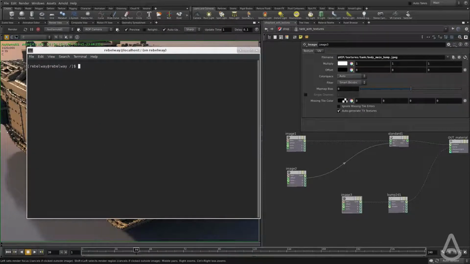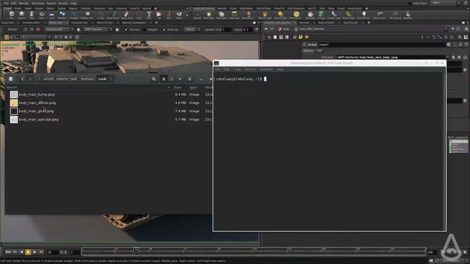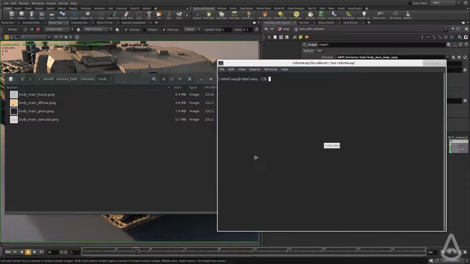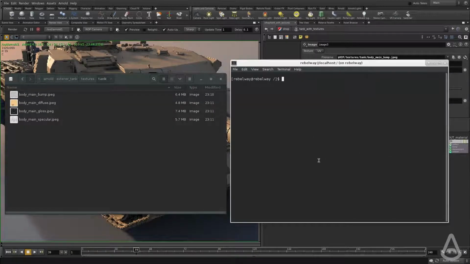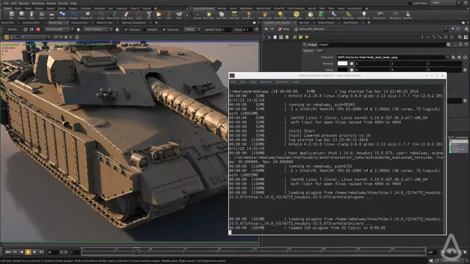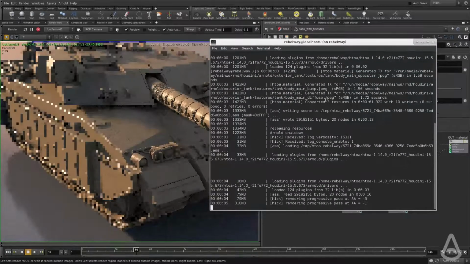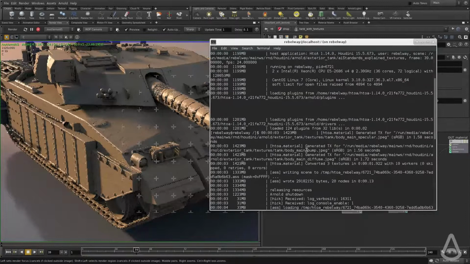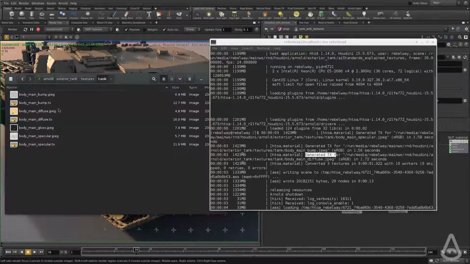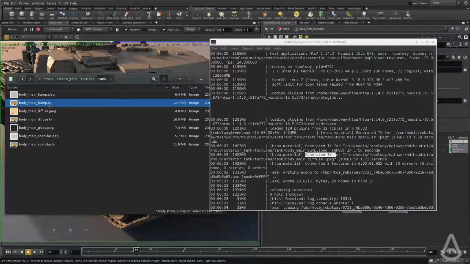So I have my images, which are located here. So these are the 4 images. We've only used 3 so far, and this is the output logs for Arnold. And I'm going to hit render at this point. And you can see it's going to start the process. And then there is a step here called generated tx4, and then the file name, and then generated tx4, and then the file name. And what happened is Arnold found all the textures and then converted them into this format .tx, and